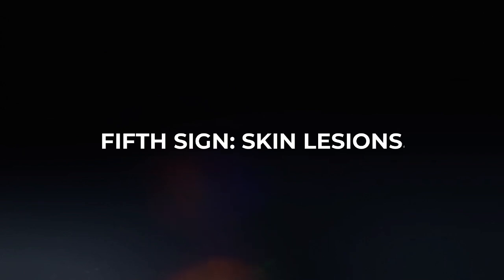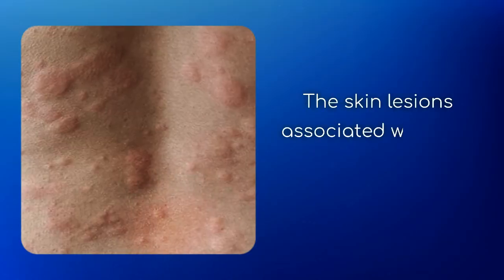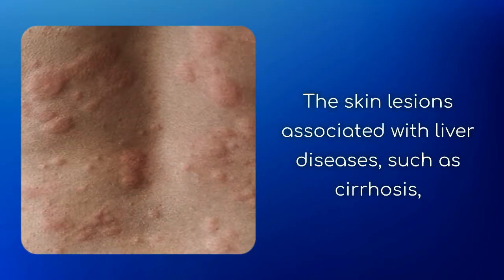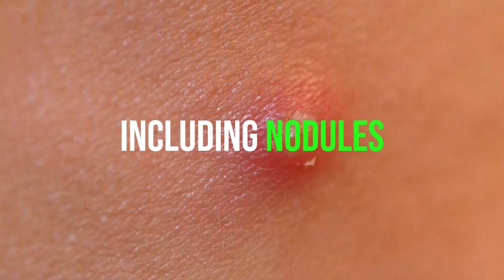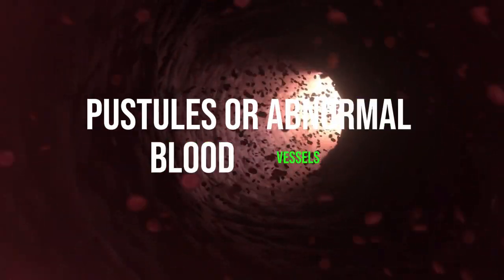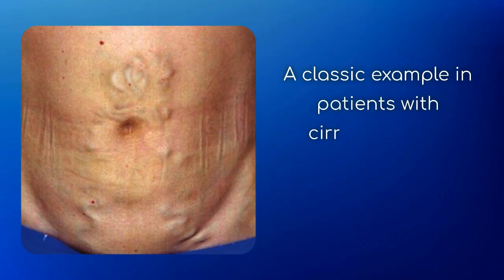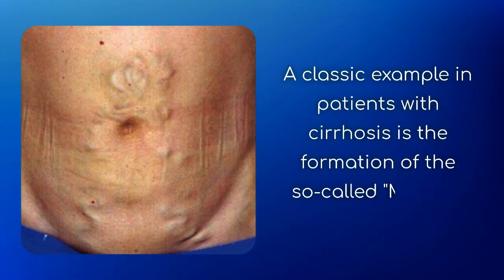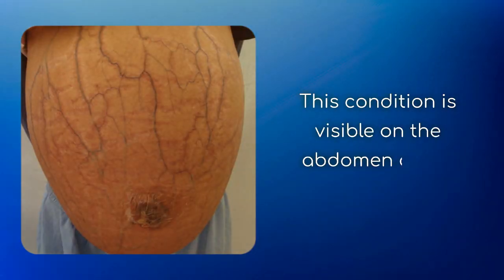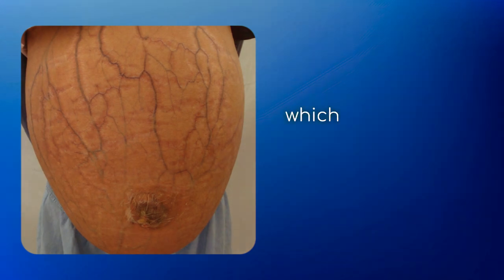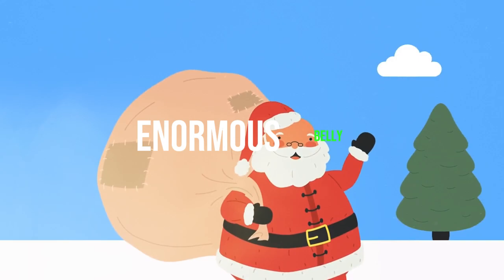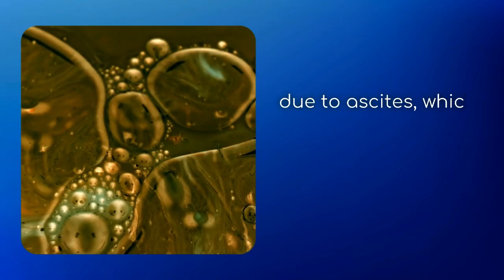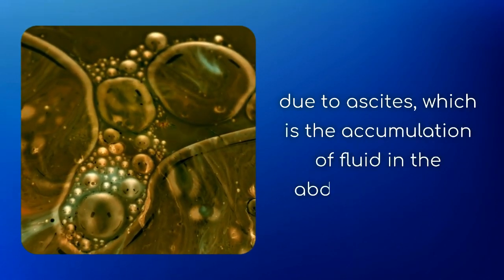Fifth sign, skin lesions. The skin lesions associated with liver diseases, such as cirrhosis, can manifest in various ways, including nodules, pustules, or abnormal blood vessels. A classic example in patients with cirrhosis is the formation of the so-called medusa head circulation. This condition is visible on the abdomen of the patient with cirrhosis, which usually has a very swollen appearance, similar to that of an enormous belly, like Santa Claus's, due to ascites, which is the accumulation of fluid in the